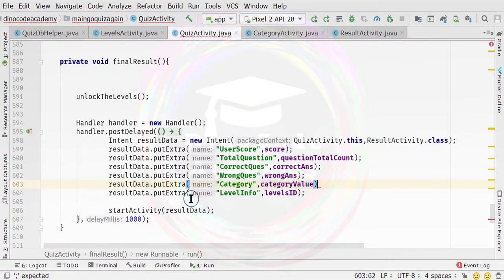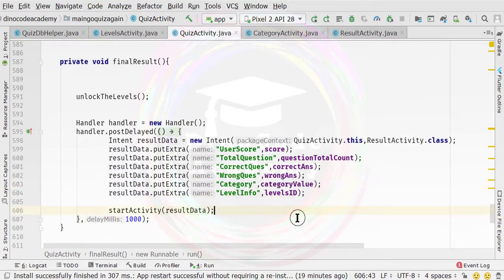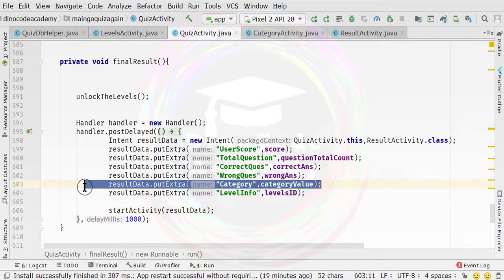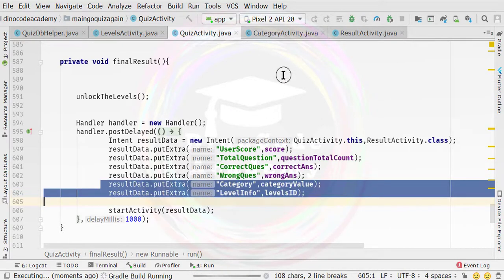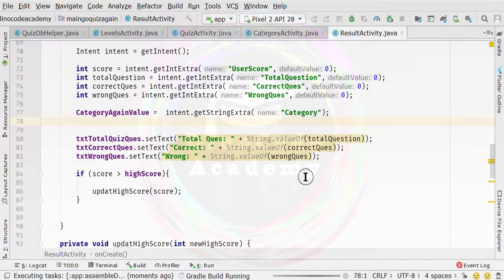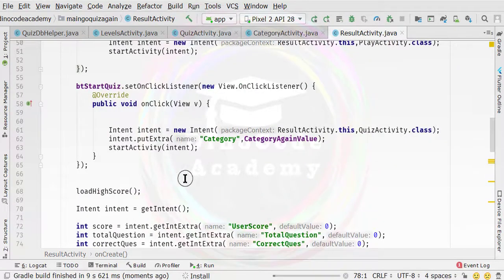So here I'm going to pass the category value. I had added this value, but when I saved the project in the previous video, after I finished the tutorial, my system crashed. That is the reason this particular value was not saved. Now what will happen if I build the application again? The main motive is that we need to get these two values inside the result activity, and then when we click on this particular method, which is our start quiz, we also need to pass the levels ID. Okay, so we need to do this.